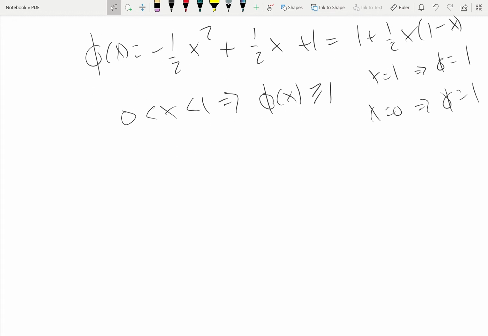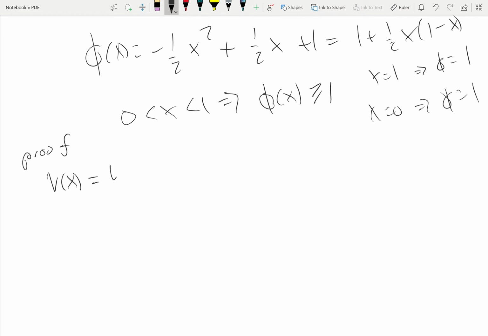Show that it's bounded. Let's just say that we're going to introduce a new variable, right? V of x. We have to prove that this is bounded, so we have to introduce a new variable,